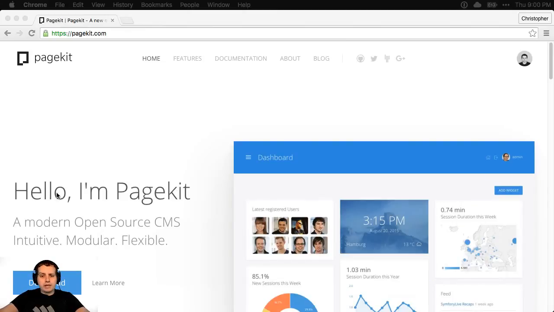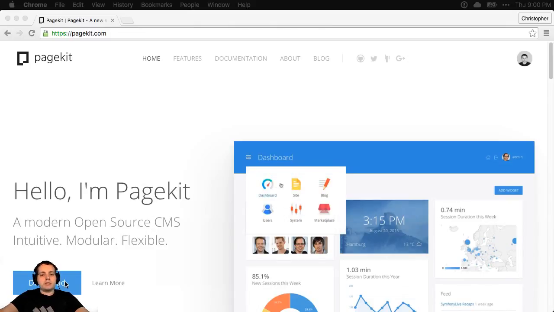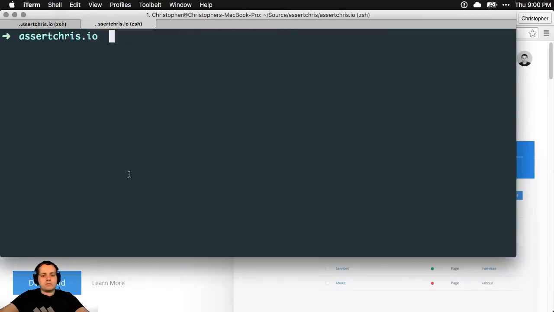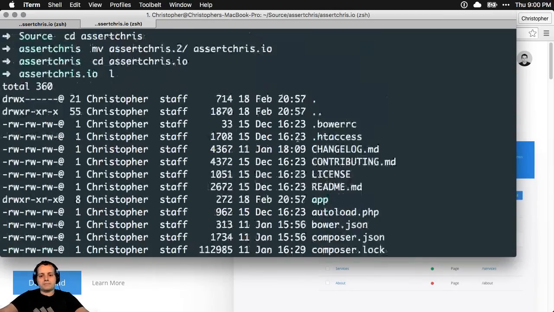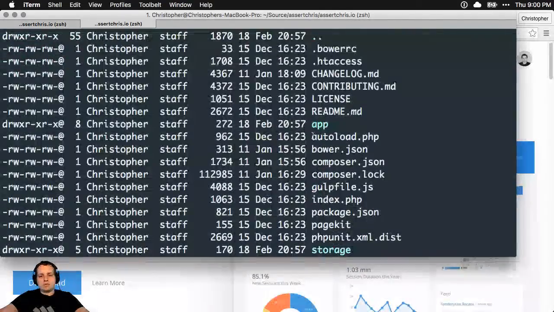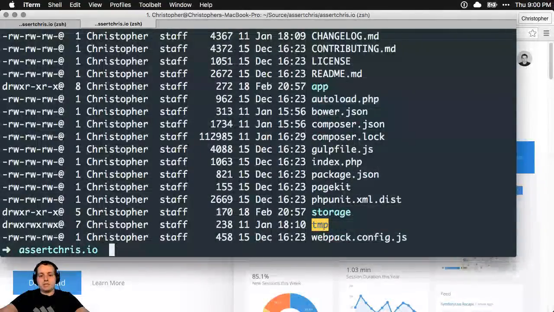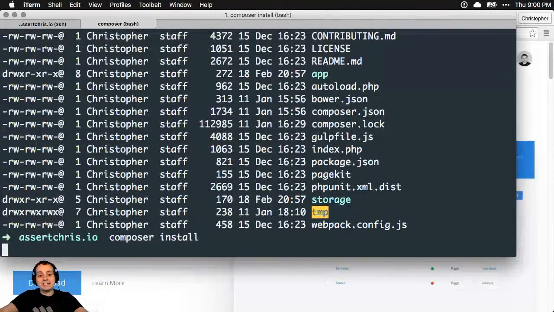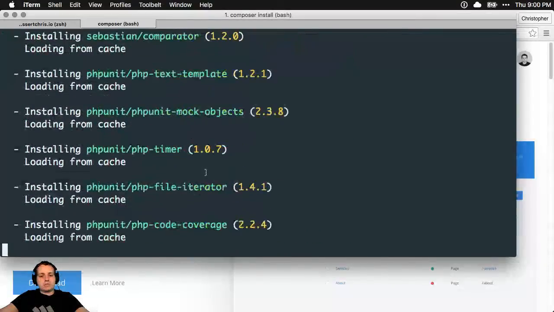I've gone ahead and downloaded the source code for this and extracted it, because basically you can click this download button or you can clone from GitHub and you'll pretty much get the same thing, which is a project folder full of source code. So there's I guess a custom autoload file. I tell you what I haven't done is composer install, so I'll do that quickly. These dependencies are all listed in composer.json,